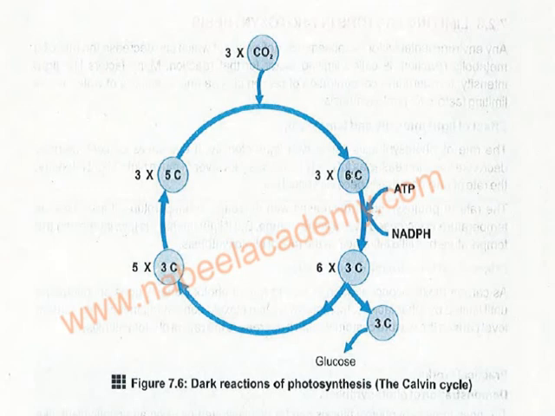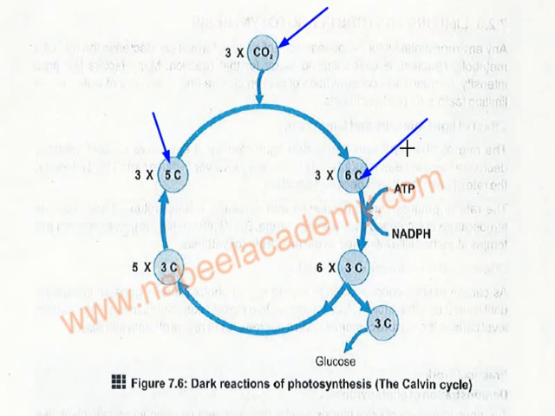The summary of these events of dark reaction is also known as the Calvin cycle, and there are 3 steps in your textbook. All these processes are very detailed and very lengthy, but they make it short for your understanding. So the first step is carbon dioxide molecules are combined with 5 carbon compounds. Now if you see here, this is the 5 carbon compound, and the carbon dioxide molecules are going to combine with the 5 carbon compound to form a 6 carbon